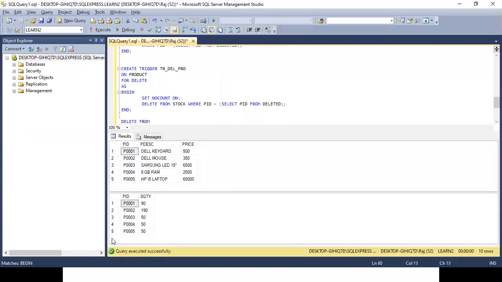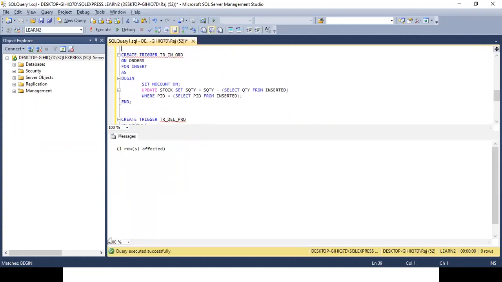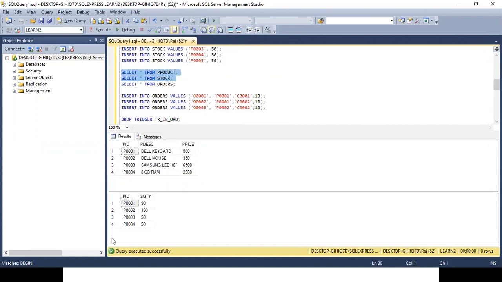Delete from product where PID is equal to P0005. One row affected. So you can see it has been removed from both the tables. Correct?